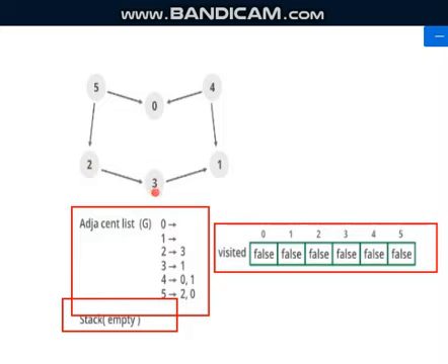So again 3, from 3 can you reach any other node? Yes, you can reach 1. But 1 is already visited. Isn't it? 1 is already visited. So that is the reason we have put that 1 onto the stack. From 1 you don't have any other node. So you will come back to 3. You will put that 3 to the stack. Again come back to 2. You will put that 2 onto the stack.